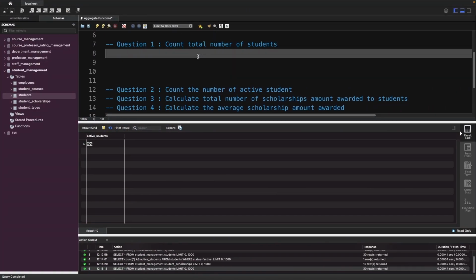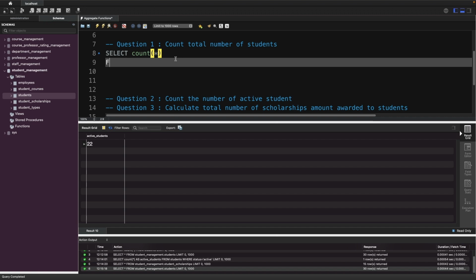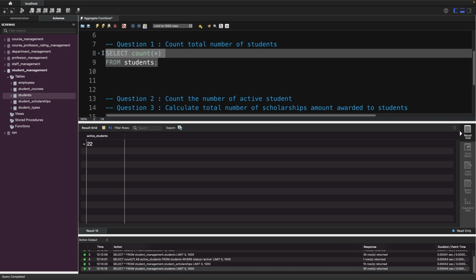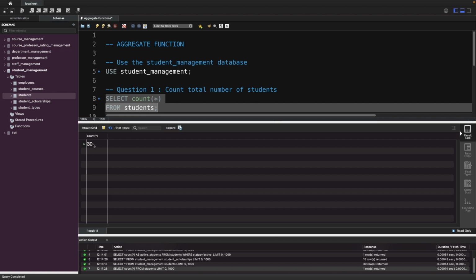In question number one, we are going to count the total number of students. So here you select and then you write count, and you want to count all the rows in the table. That's why you write asterisk inside your parenthesis, and then you mention your table name. Now it will count the rows even though it has null values, and it will give the answer. So we have total 30